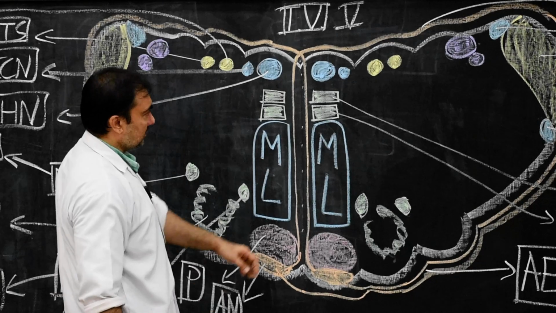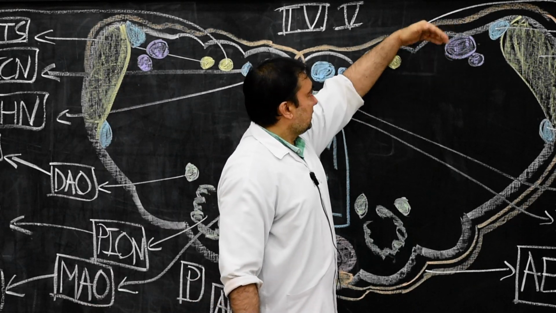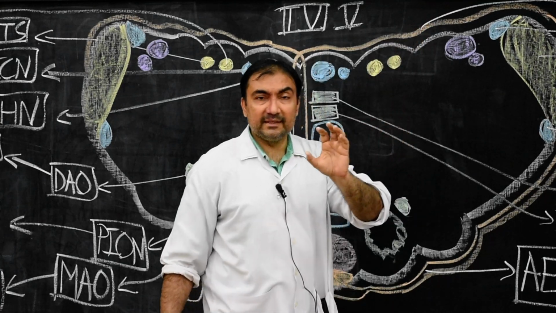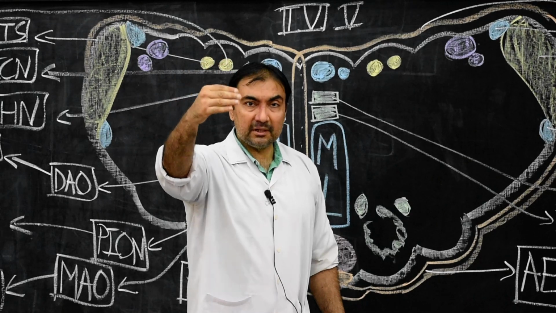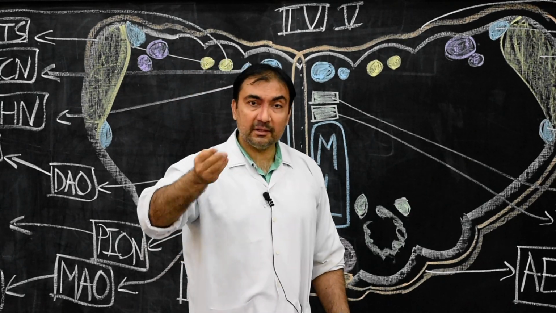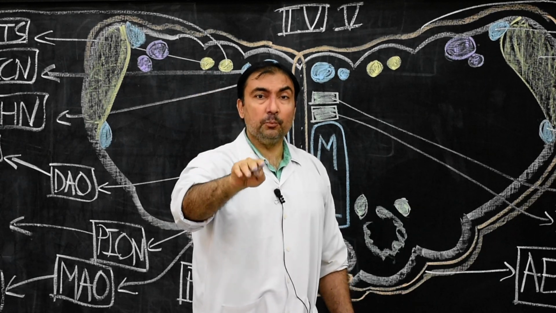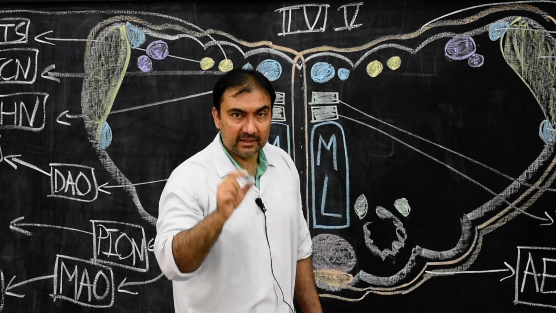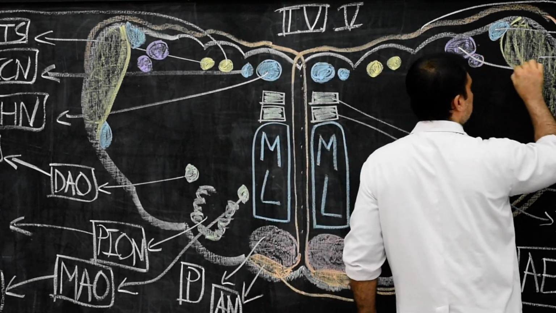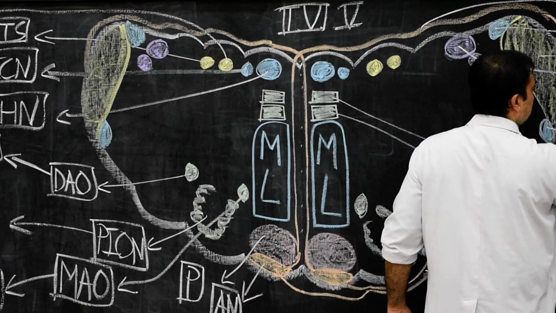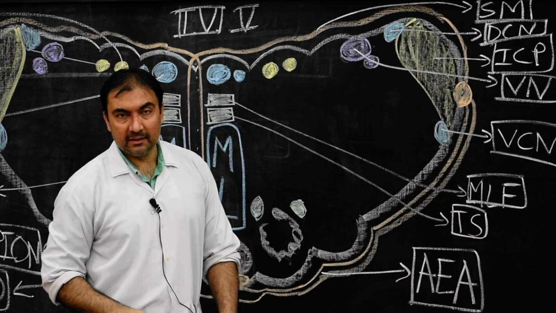And please note down, where do these vestibular nuclei lie? Dorsally, they lie in the vestibular area of the caudal part of the fourth ventricle, or it is known as the rostral part, the cranial part of the open part of the medulla oblongata. That is the vestibular area which we had drawn previously. So here we need to write down these are the vestibular nuclei, medial as well as inferior vestibular nuclei.